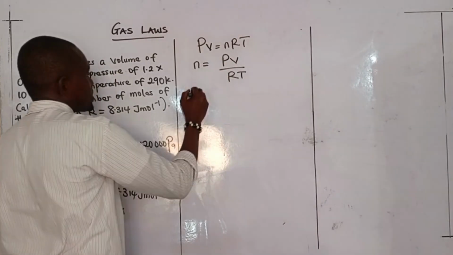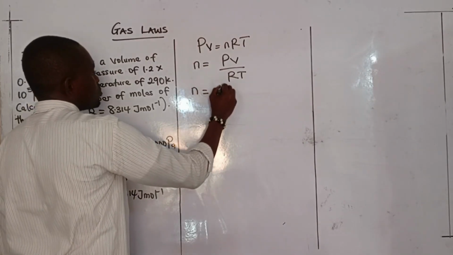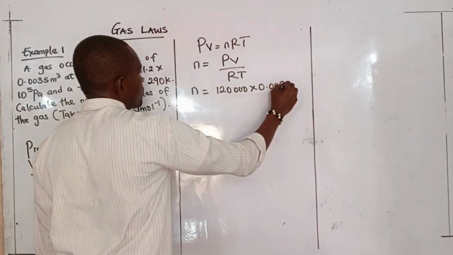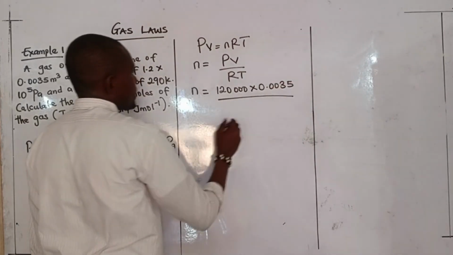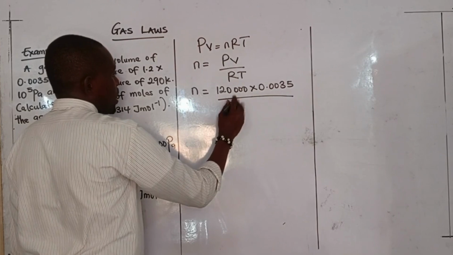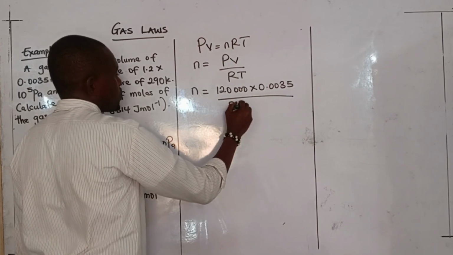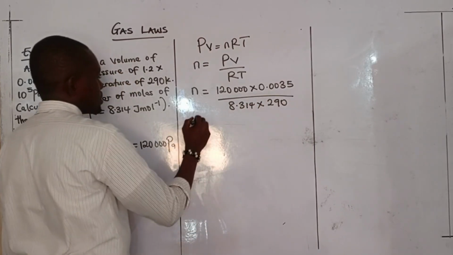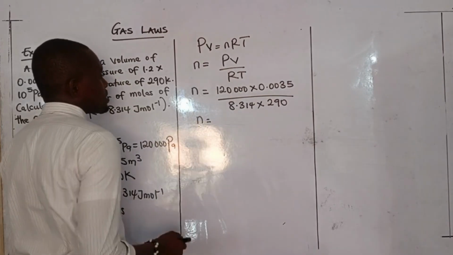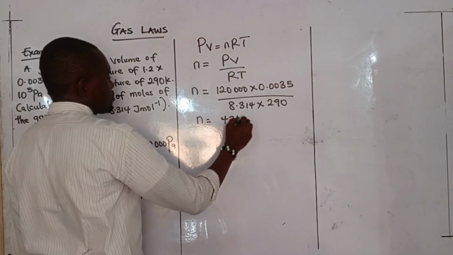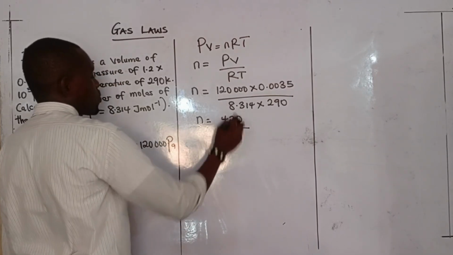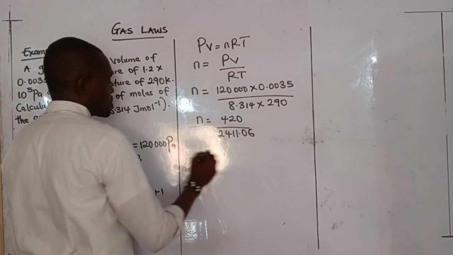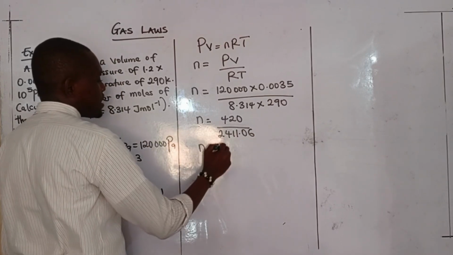So by the time we substitute our value now, we should have 120,000 times 0.0035 to be divided by our R, which is 8.314 times our temperature, which is 290. So by the time we multiply at the numerator there, we should be left with 420. And when we multiply this, we should have 2,411.06. And by the time we divide, the value of our N should be